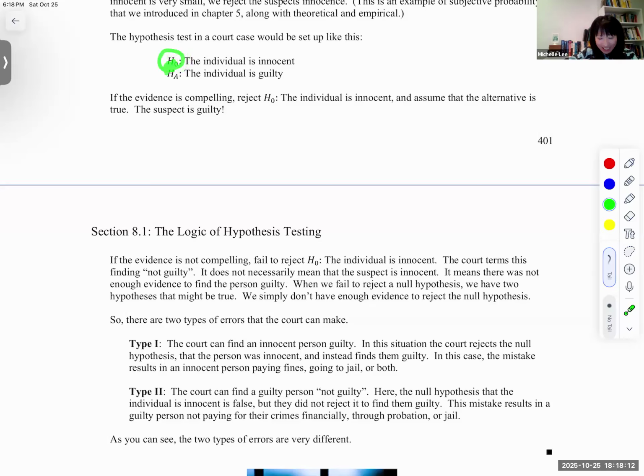No, no hypothesis test. The individual is innocent, right? That's true, right? So everyone is innocent until proven guilty. The alternative: the individual is guilty. So the alternative is always the opposite of the null hypothesis, right? Individual is innocent, alternative, individual is guilty, right? All right, then